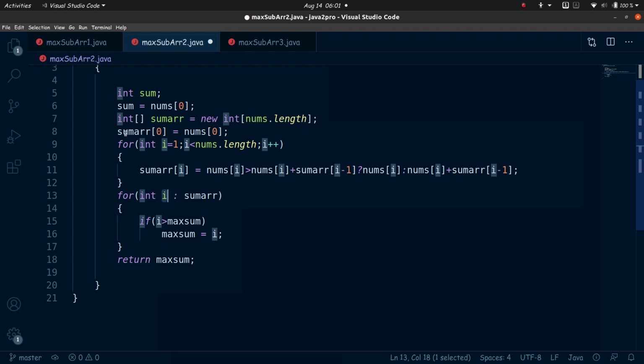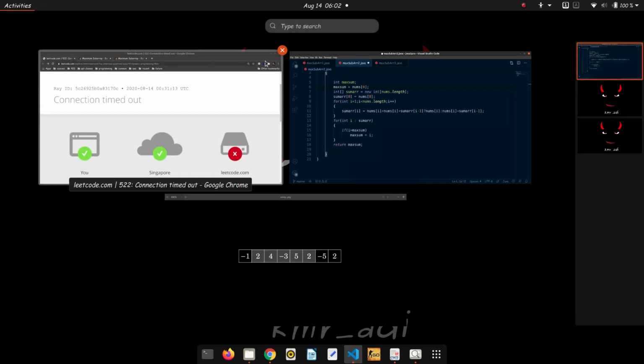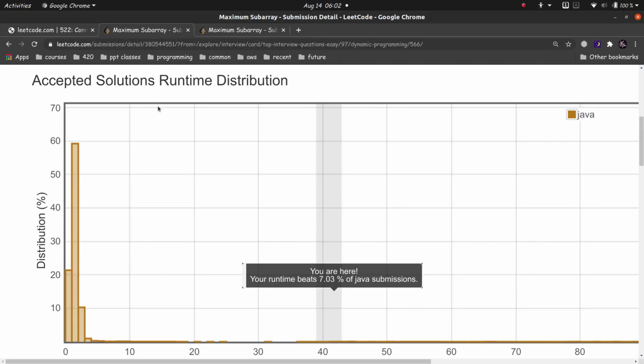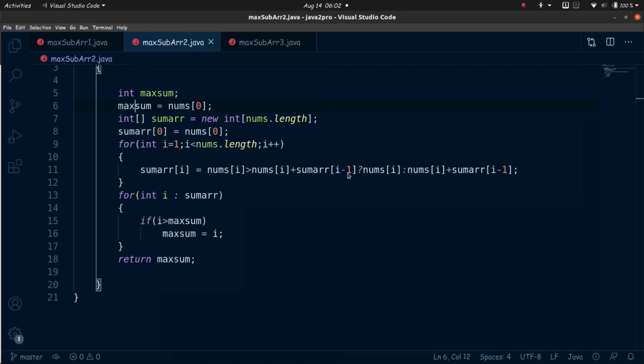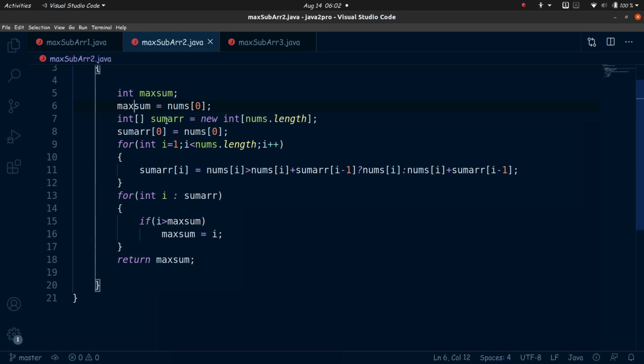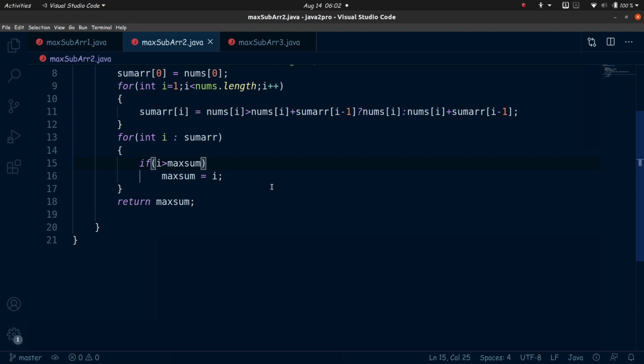Okay, I think I did make a mistake. It is maxsum. I can't run it right now, but I have run it and it was working properly. That's how I got the result. See here, this is the result of this code here. So I will run it if I get connected to LeetCode, I'll run it again to show it to you. But it's nothing worth running.